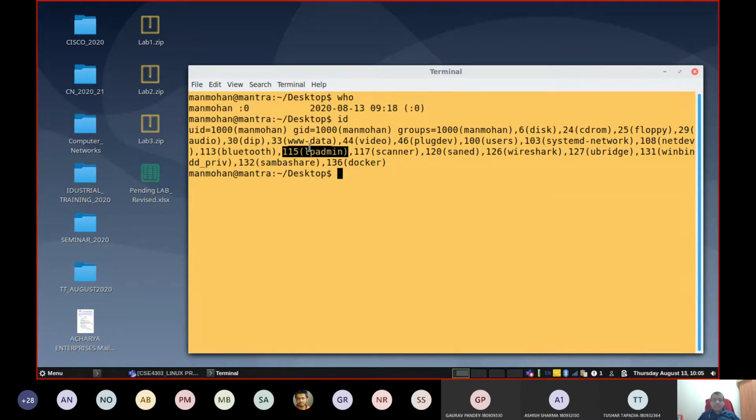In that case, how to manage that administration part is also identified with a numerical value. That's why, when we go to the system administration part of the subject, we will study these things, how to manage a printer in a Linux system, etc. Even look into this application called SANE. Actually, this is scanner software.